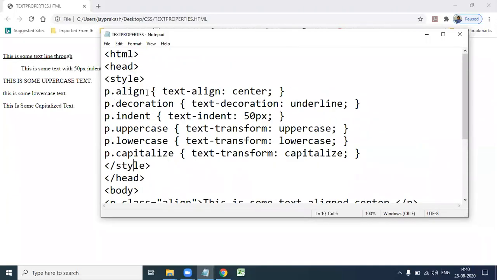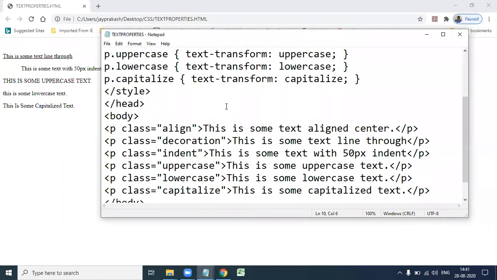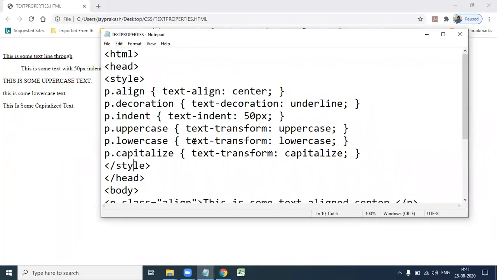Here alignment is the value of the text-align property, and decoration here is underline. Next, indent: we give 50 pixels, which means there is a 50 pixel space before the first line. Uppercase, lowercase and capitalize are text-transform properties. First we apply alignment center.